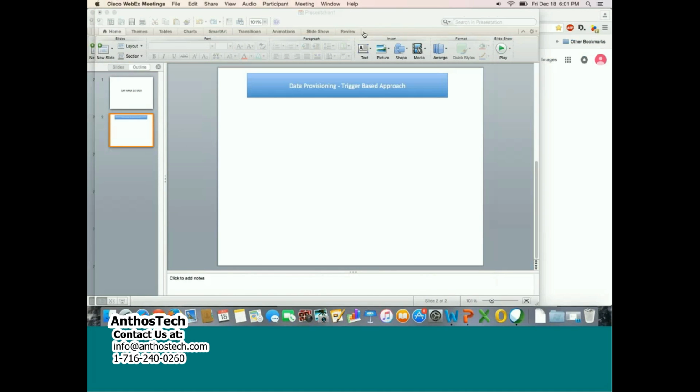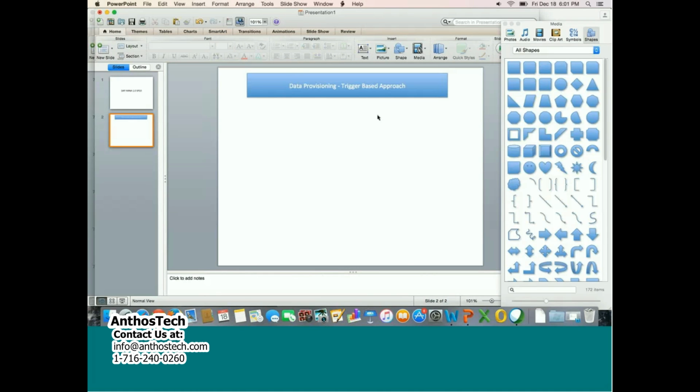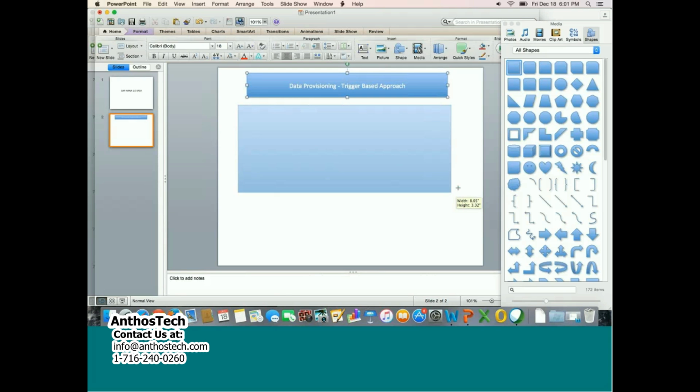Okay, let's get started with today's session. Today we will start with data provisioning. Of course, we started data provisioning last week also, but we started with a flat file approach, right? How to load data from a flat file. I showed you that. Today we will start what is called the trigger-based approach, which is also famous as